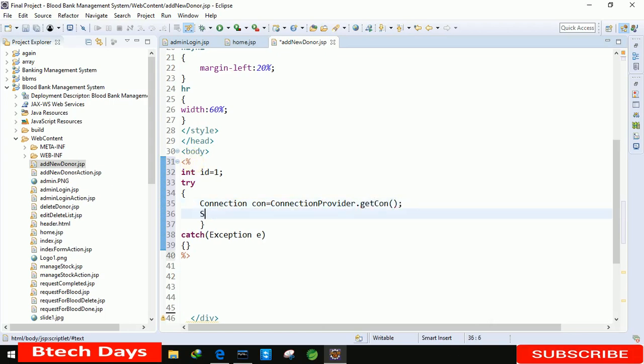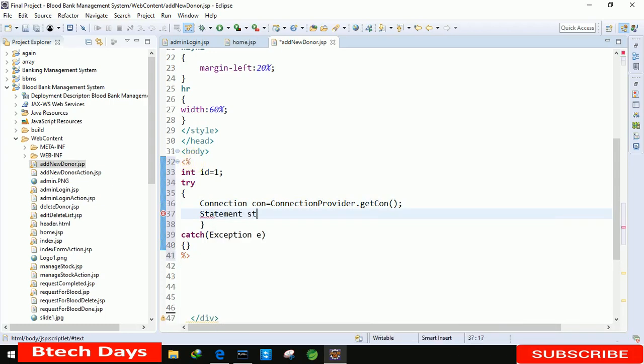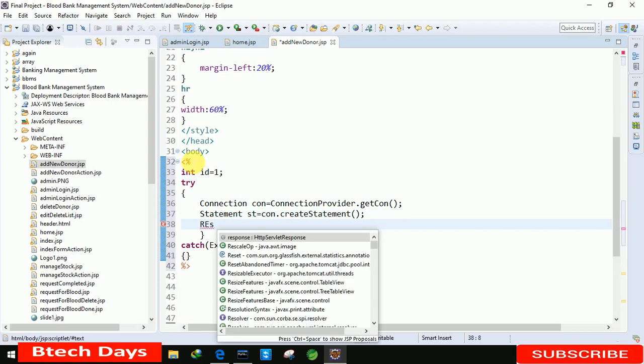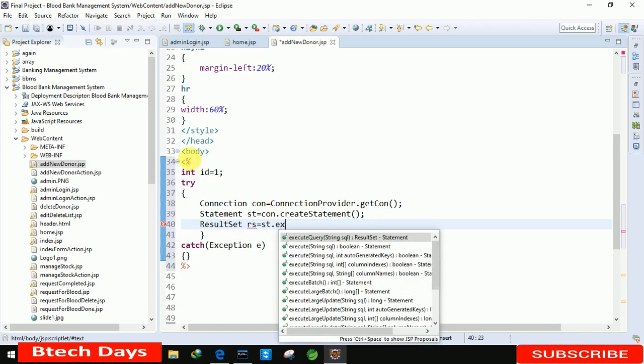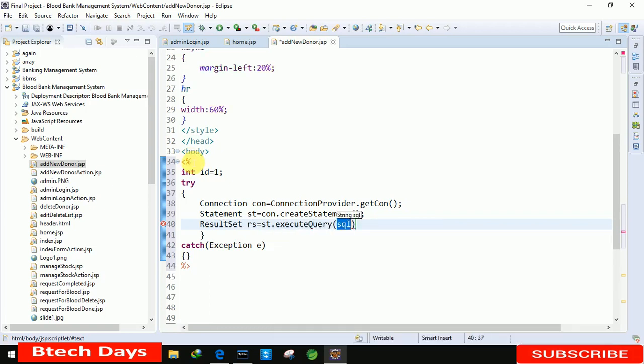After that we have to create the statement, st equals to con dot createStatement. After that we are using ResultSet, rs equals to st dot executeQuery, and in this we just need to write select star from donor.